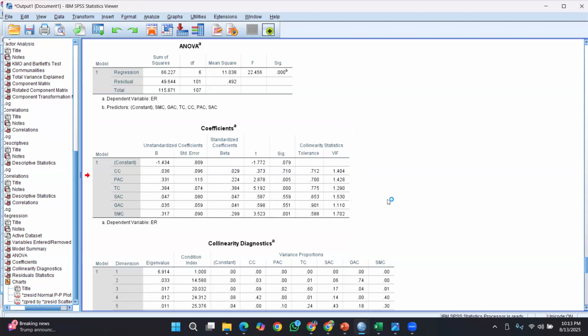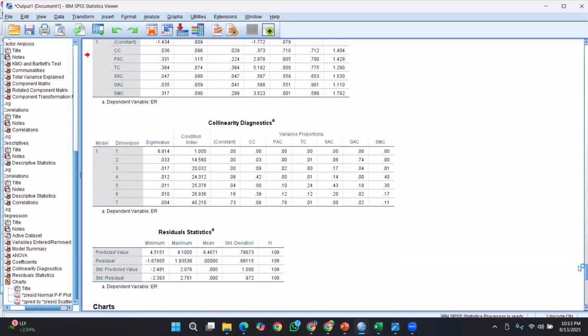Of course, before you present the final results, you need to mention the multivariate assumptions, because here we are putting many variables in a single model. So we need to test the multivariate assumptions.